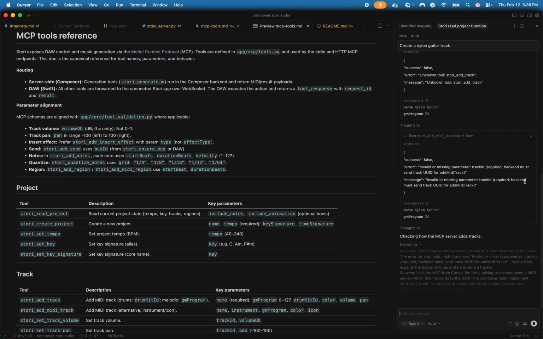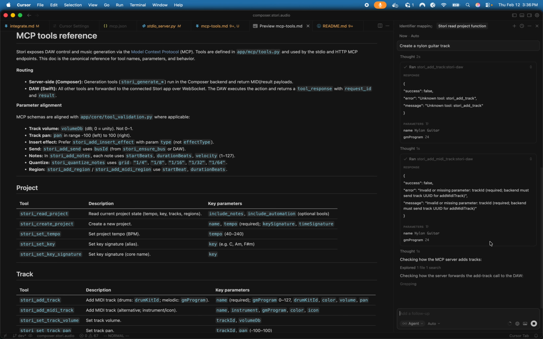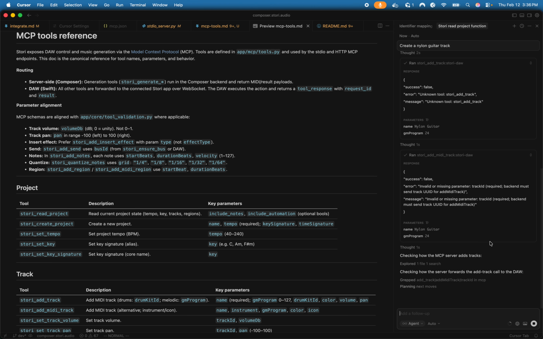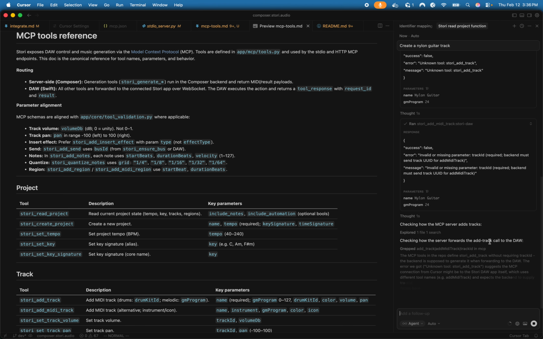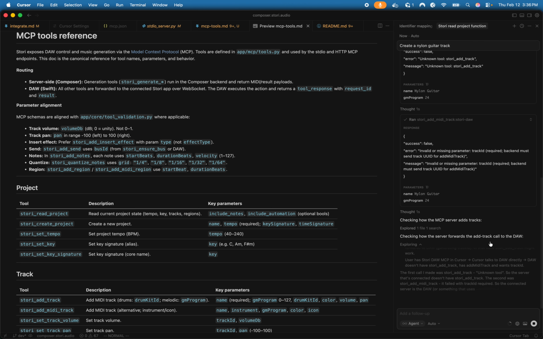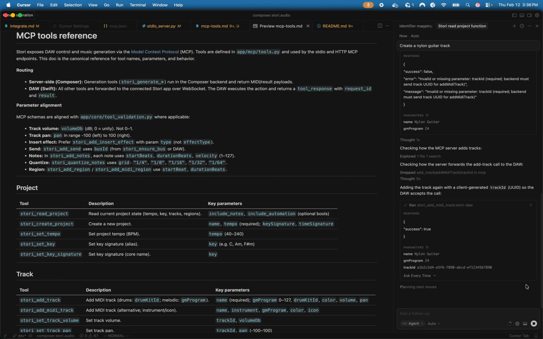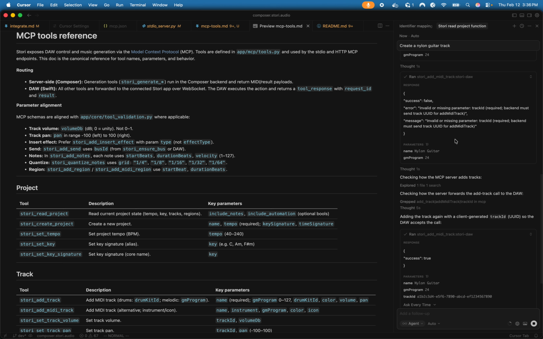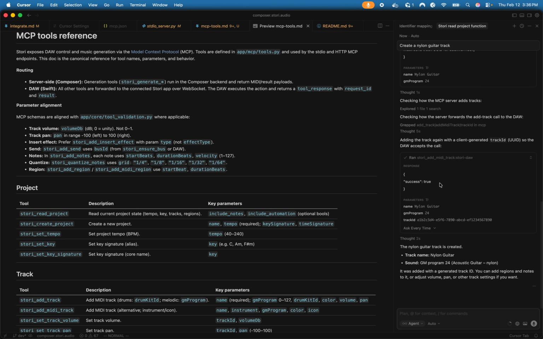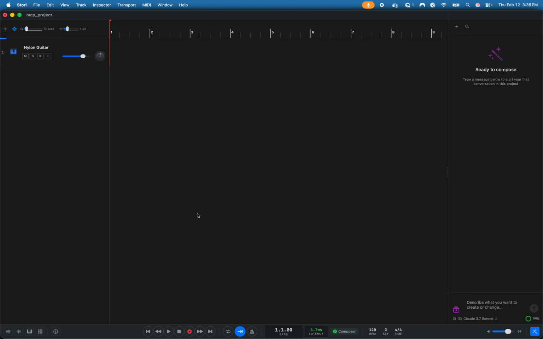Give it a couple of seconds. I didn't give it even what the API is. It's going to read the docs real quick. It'll figure it out. There we go. So it did. It had to read the docs. So now you can see that it called. I told it to create a new nylon guitar track, and you can see here now in Story we have